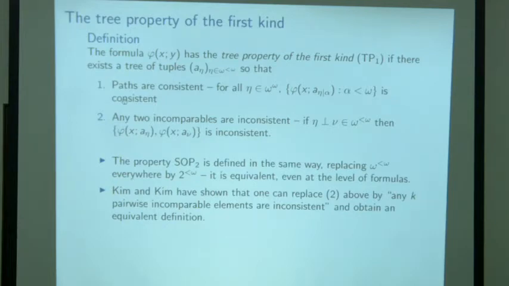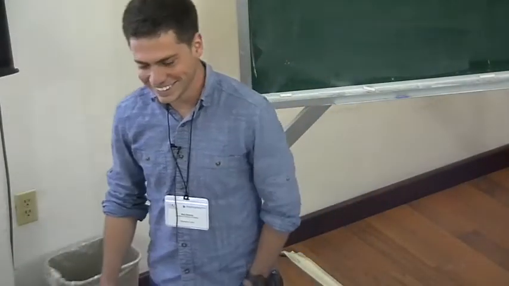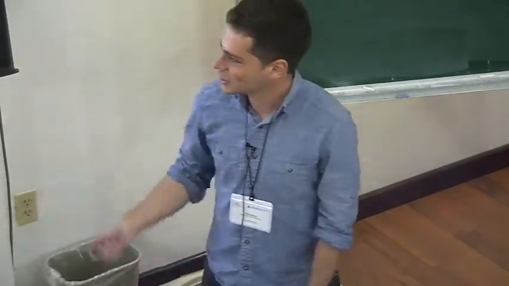What do you mean Kim and Kim? Well, there are 2 people with the last name Kim that wrote a paper. They proved this result. Yeah. Oh, I see. So more than one person with the name Kim. Yeah. Way more. It's Kim Il-sung. Okay. Well. Okay. So 2 people